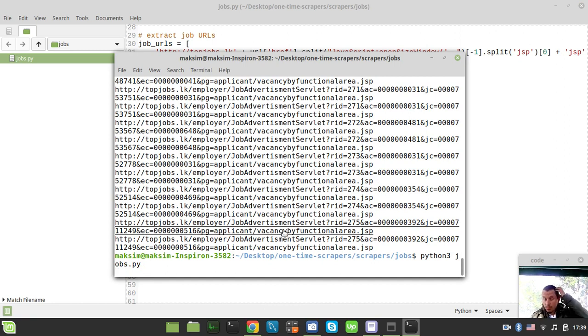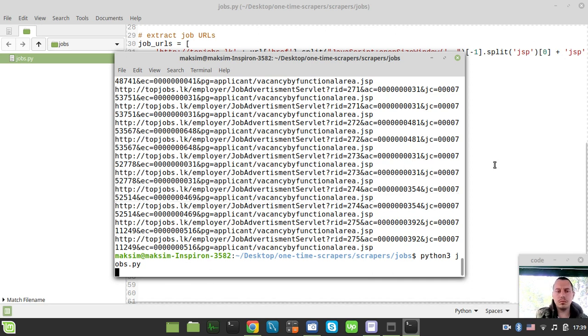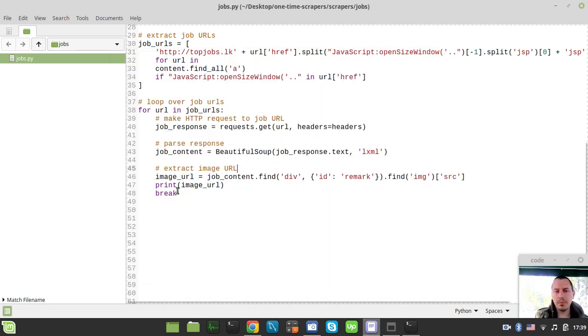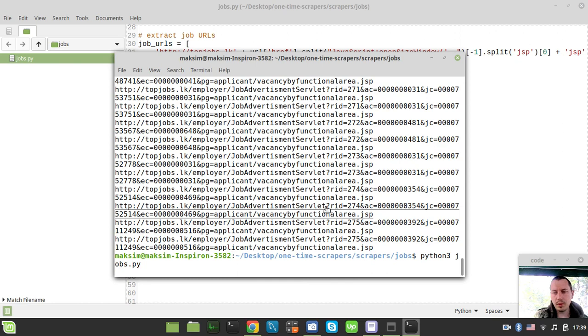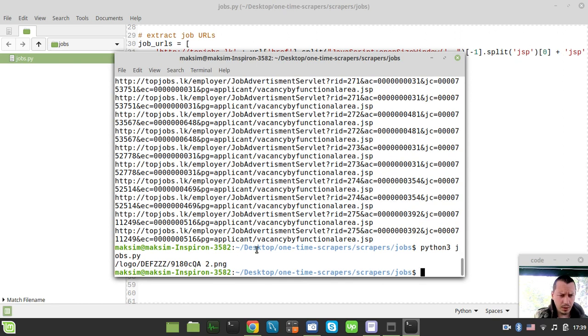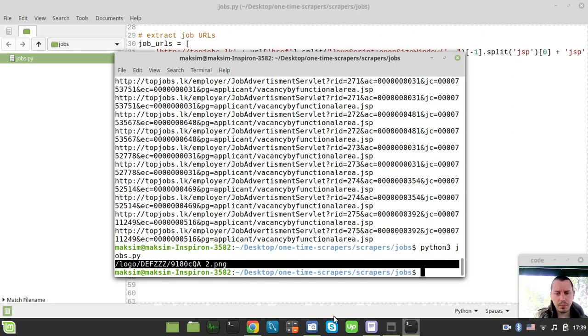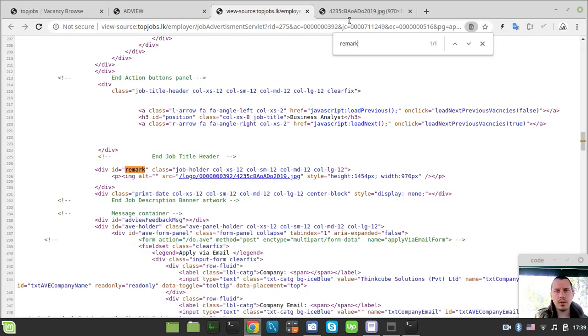Wondering why this is so slow. Yeah, for some reason. And if it works, then we would be making another request. If the URL is workable, then we would be making another request to the image URL and then just store it. That's it. So this one, logo, is this a space? This is weird. Okay, so if I just copy this, and so what we got here,